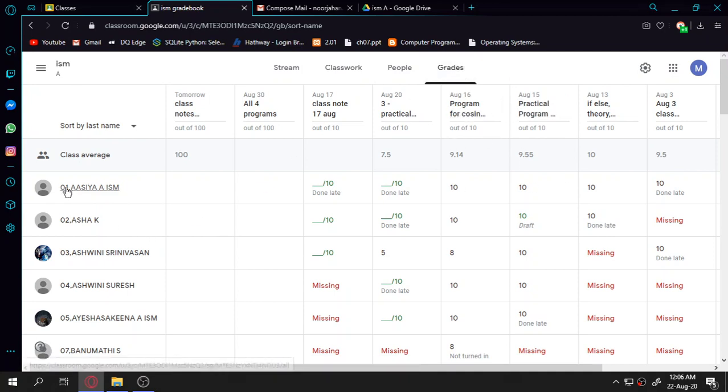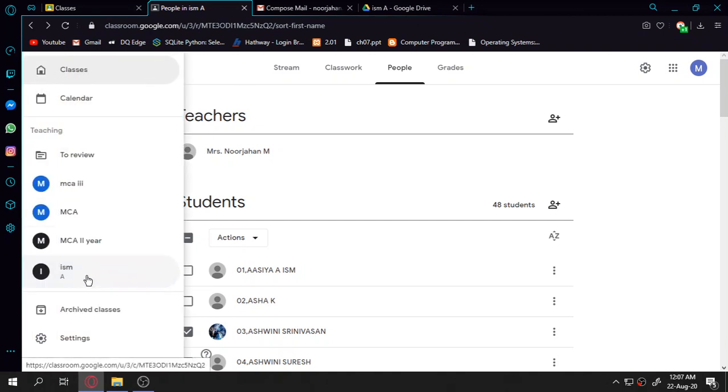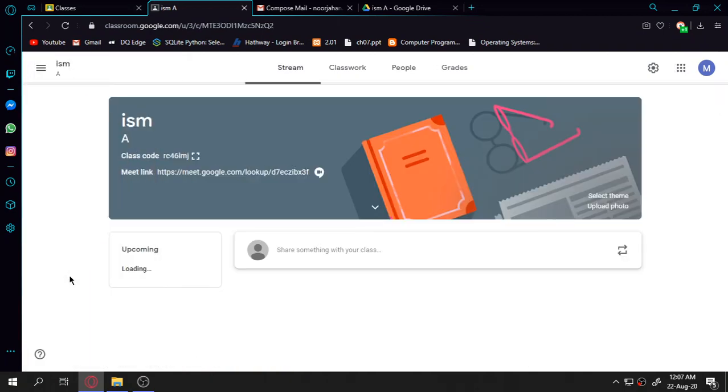Okay, so by this I can get the performance of the students, and this will help me to give a test every day or every week, or even CAS. Any test can be done through the classwork, and we can grade them. We can find out the average performance of the whole class as well as the performance of the test itself. So this is how Google Classroom helps us to arrange and organize things, and they can refer in the future to all the work they have done so far in their classroom, even to the end of the semester.